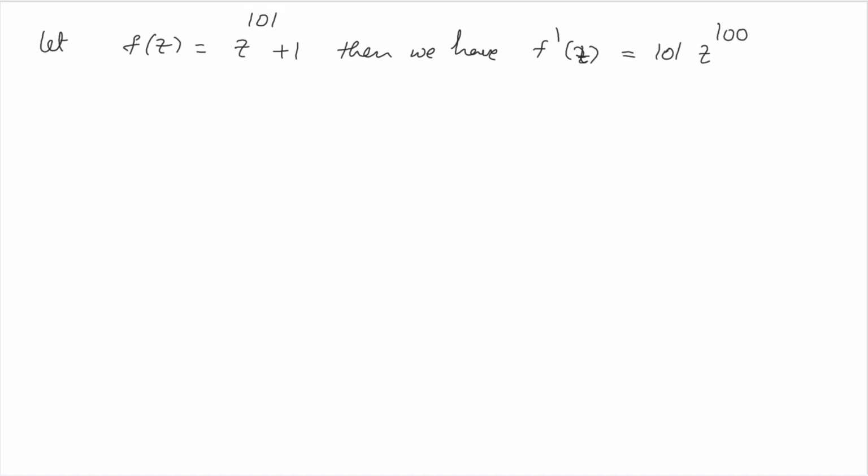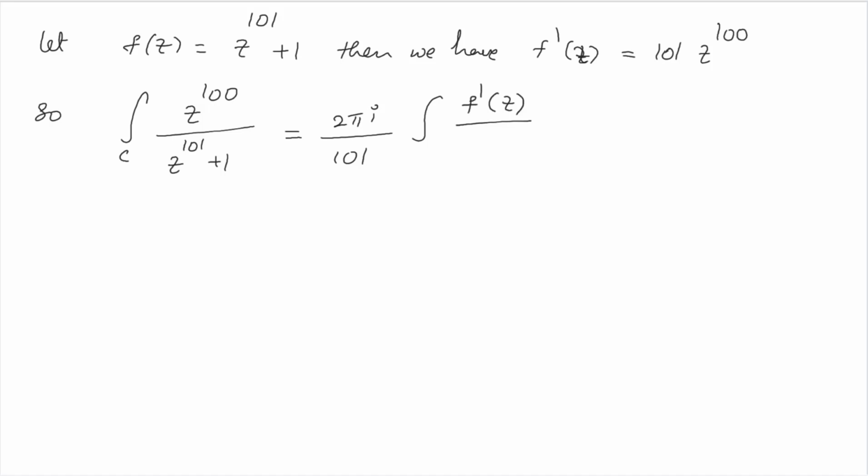So from this we can see, the integration over C of z to the power of 100 divided by z to the power of 101 plus 1 can be seen as 2 pi i divided by 101 times the integration of f dash of z divided by f of z dz, where the integration is over C, that is given by 2 pi i divided by 101 times n minus p, where